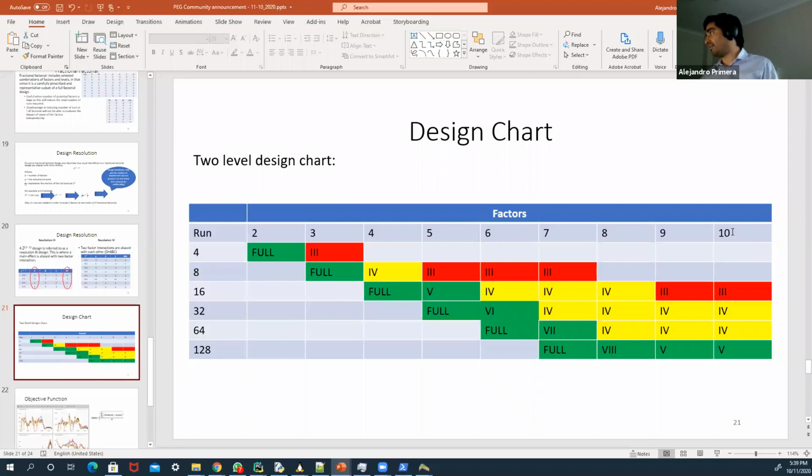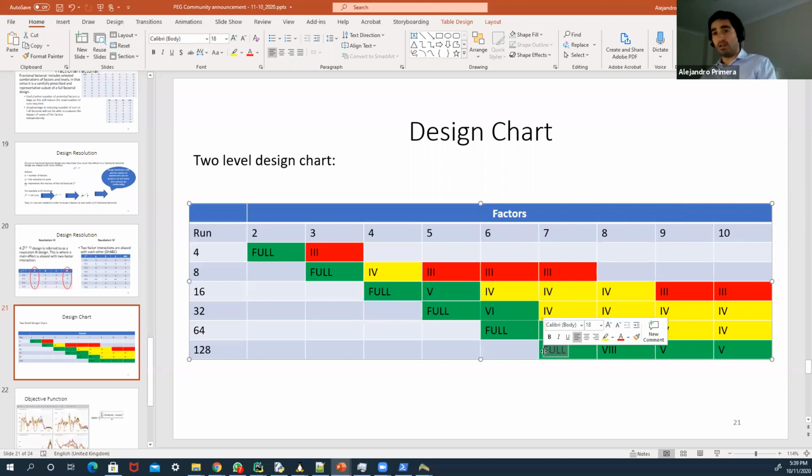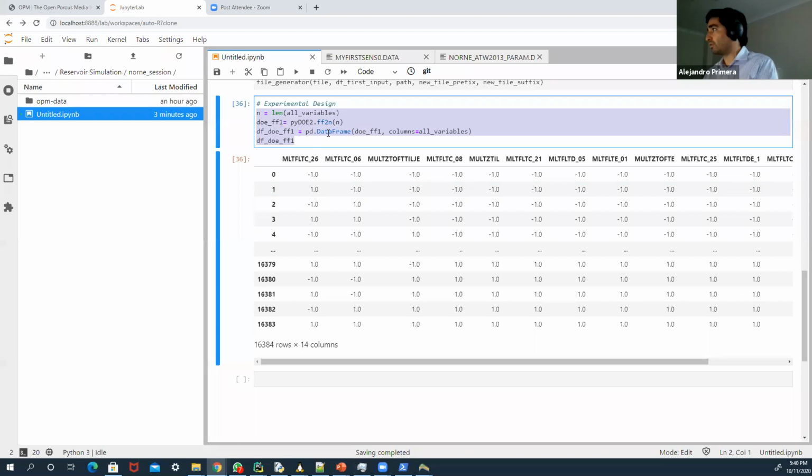Let's take 7 factors, and you want to run low and high with all the combinations. That's a full factorial, which gives you 128 runs. Here you have a resolution, like 4:3, and you can control that in Python. So in PyDOE, what I'm going to do is